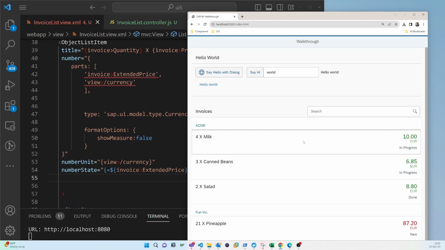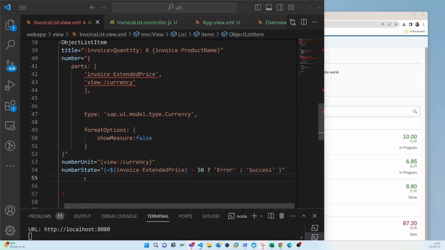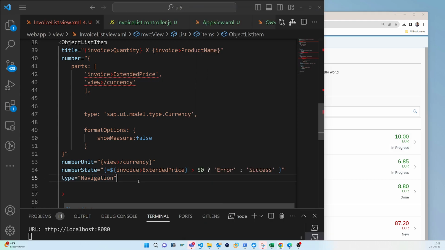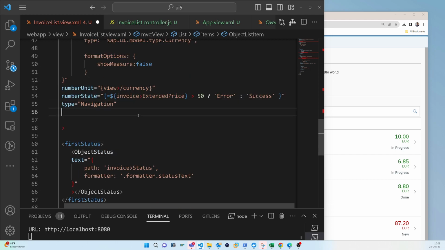If we remove the type, everything is gone, and if we add it again, it appears, although we didn't declare what it will do and where it will go. So once we press, then it is on